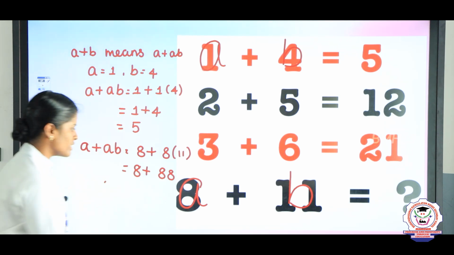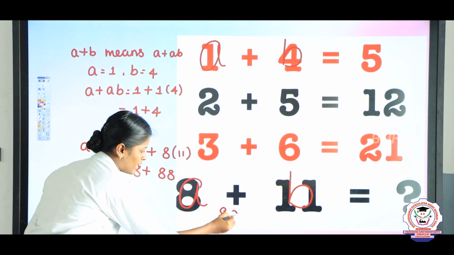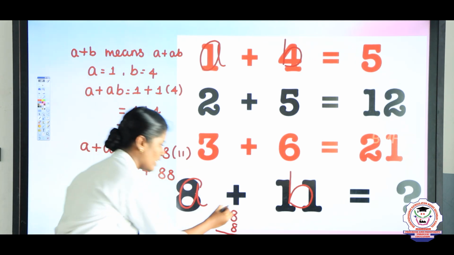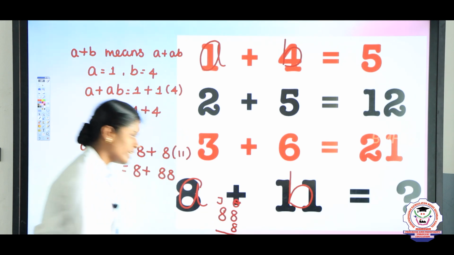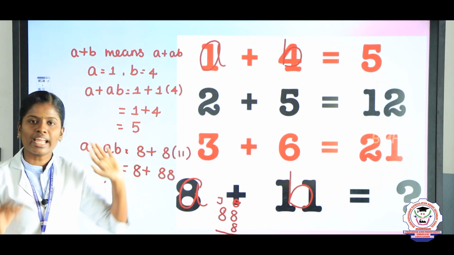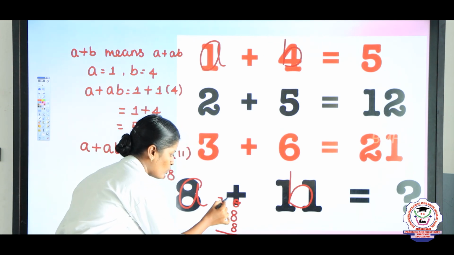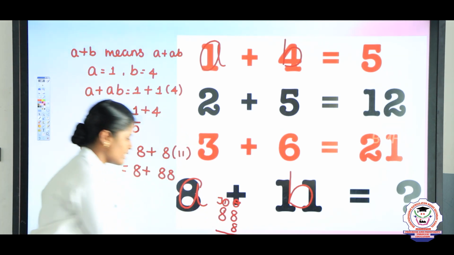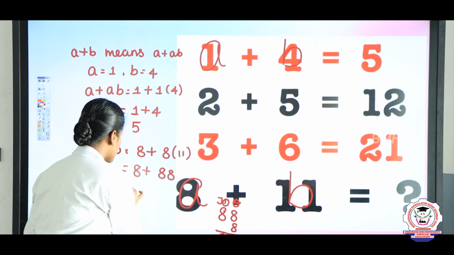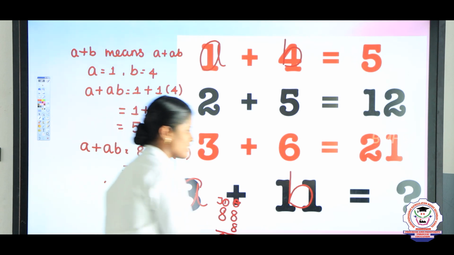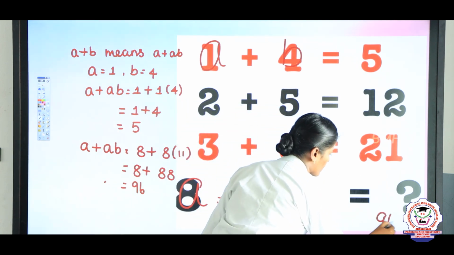Now we are going to add this. Take 88 plus 8. First you should start from 1's place, then 10th place. So keep 8 in the mind, 8 in the finger. The answer is 16. 6, carry 1. Again 8 plus 1, the answer is 9. The final answer is 96. What is the final answer? The final answer is 96.